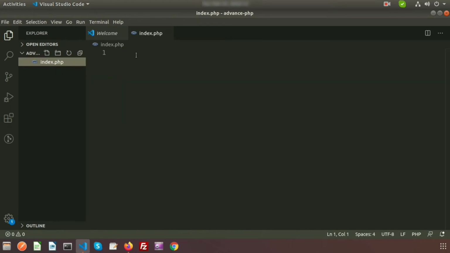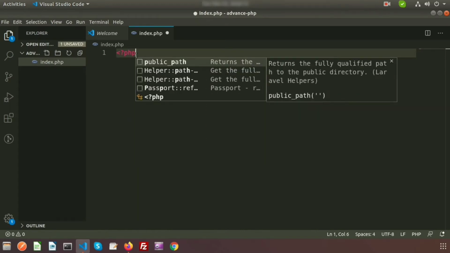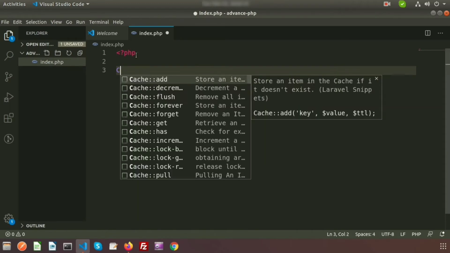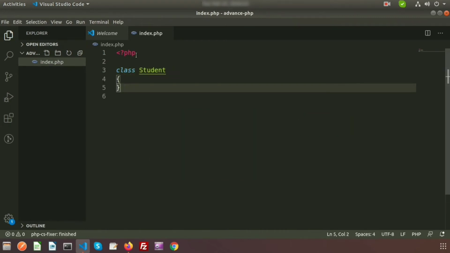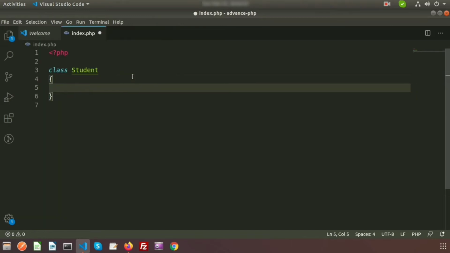So here we will create a class. Suppose the class name is Student. Okay, so this is a class structure. To define a class we need to use the keyword class, and this is the name of the class. The class name should always start with a capital letter. This is the general way to write any class name, and inside this class we will have the class